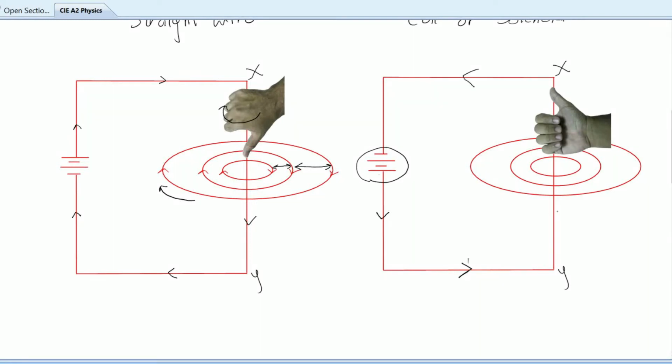So it's upwards in this case. So you would point your thumb upwards. You'll find that your fingers are curling anti-clockwise. So the arrows would be in the opposite direction. And still mind the distance or the separation between the flux lines, showing that the field is getting weaker